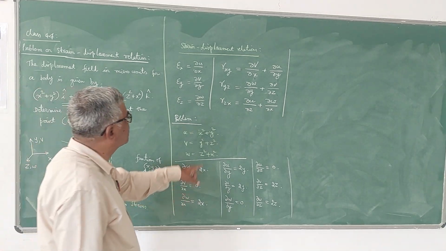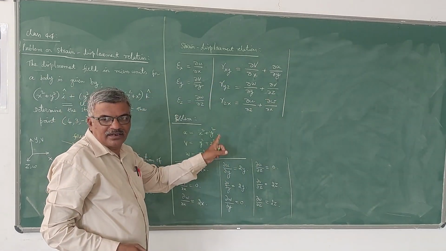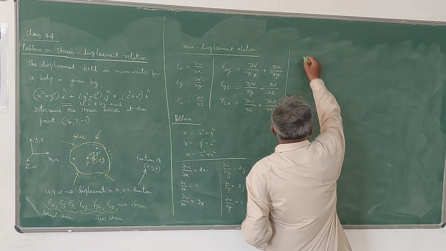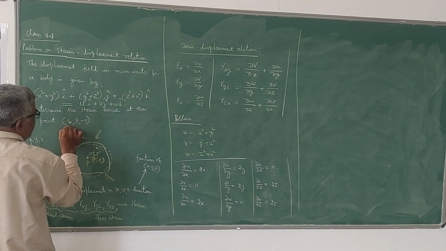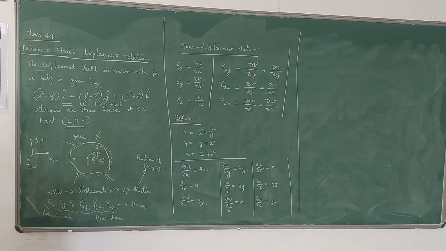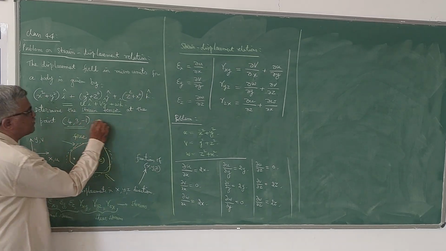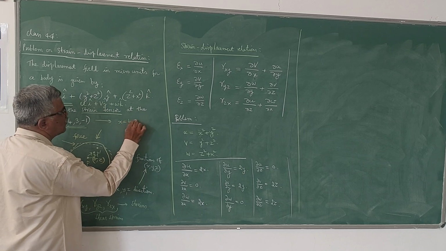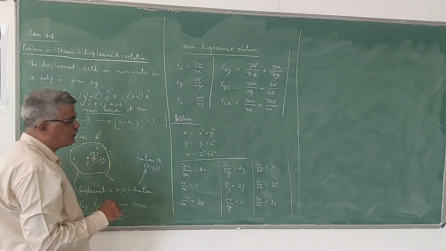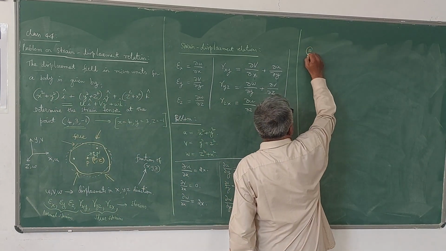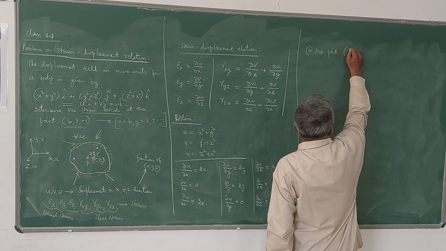Now once you get these derivatives, using this relation, you can find all this. What he has asked at this point is that we have to find those strain components or strain tensor. Strain tensor we will write later, after finding the strain components. At this point means x is equal to 4, y is equal to 3, z is equal to minus 1. So what we will do here is, at the point 4, 3, minus 1,